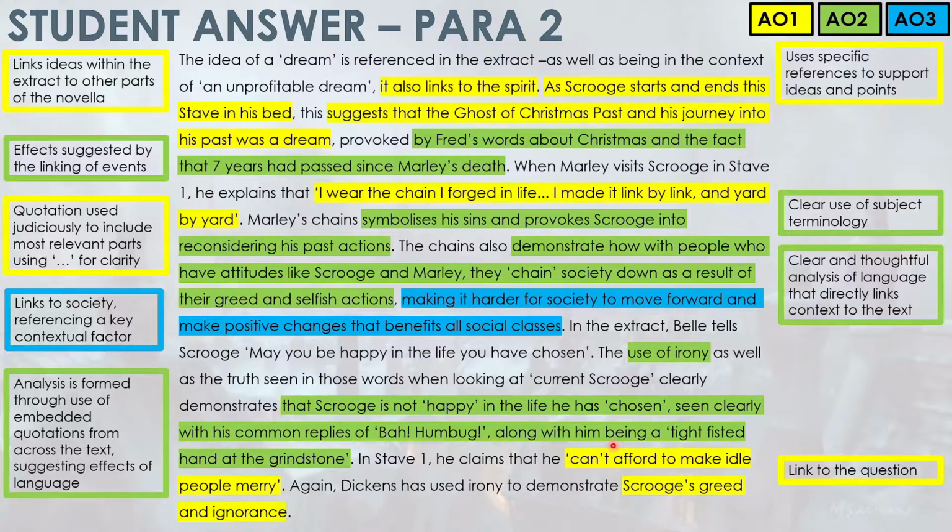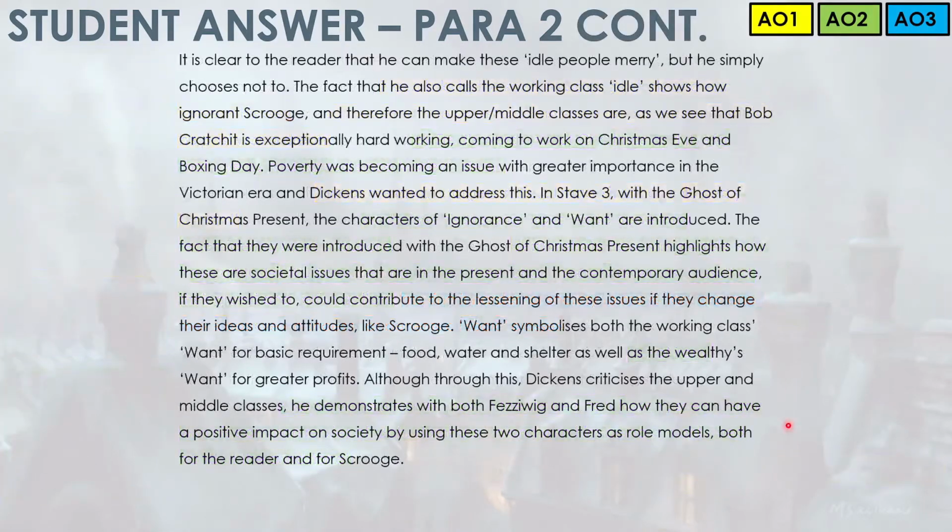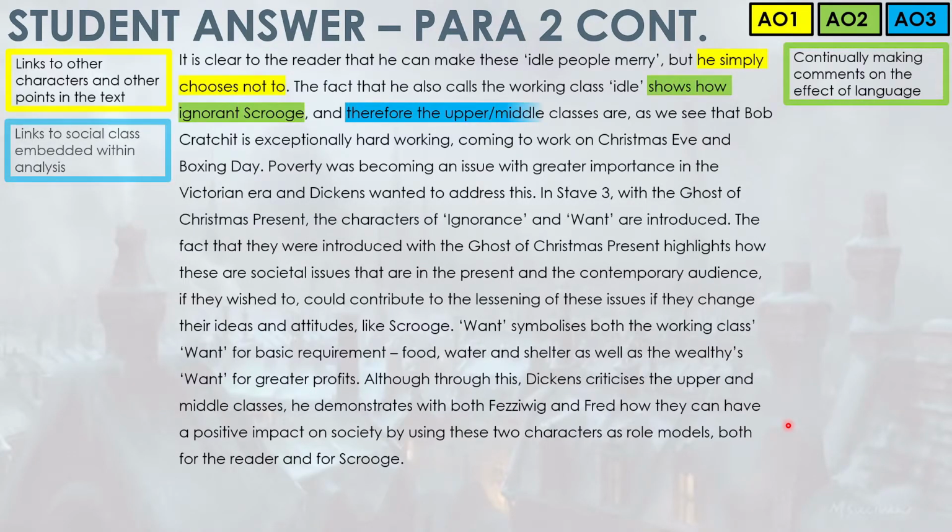And then again, links to the question with Scrooge's greed and ignorance, and using another quote to back that idea up. And then the last part of this final big chunky paragraph, "he simply chooses not to." This is a very clear explanation of what Scrooge is doing and how Scrooge behaves as a character. It's not just stating something about him, but again explaining who he is as a character and how he makes his decisions. We've got more AO2 here with the effects of the language, and then AO3 as well with the